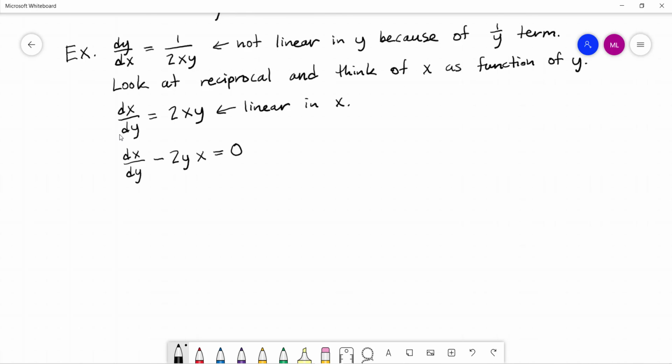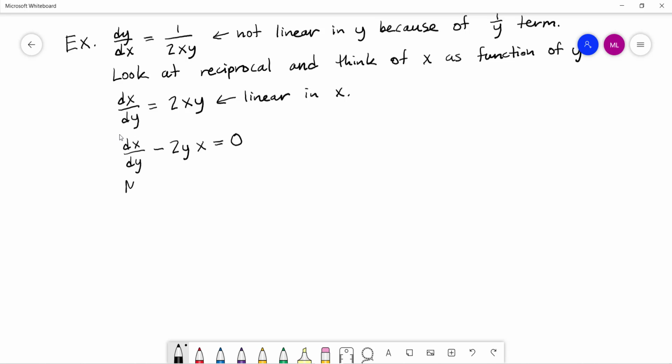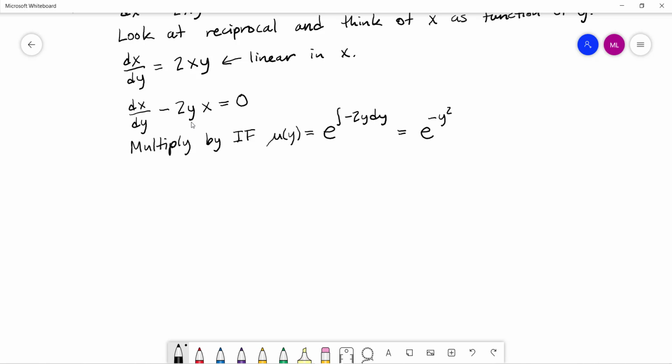We should be able to solve this with an integrating factor. So multiply by our integrating factor, and our integrating factor in this case is going to be a function of y instead of a function of x. So it's going to be mu of y equals e to the integral of our p of y now, which is negative 2y dy. And so I will get e to the negative y squared. There's my integrating factor. And so if we multiply by that, what we should get is the result of product rule. So I should get basically d dx of e to the negative y squared times x